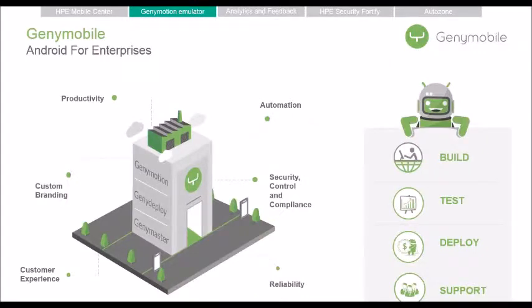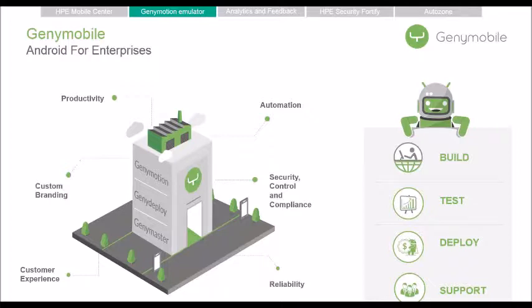All right. As I mentioned, before we dive into Genymotion, our emulator, I wanted to give you a quick rundown of why we believe we are Android for enterprises. Whether you are building, testing, deploying, or supporting your application, we have products that cater to a variety of use cases and enterprises, from dealing with devices, to mobile application development and deployment, to configuring your mobile device to ensure that it is ready for deploying those applications.